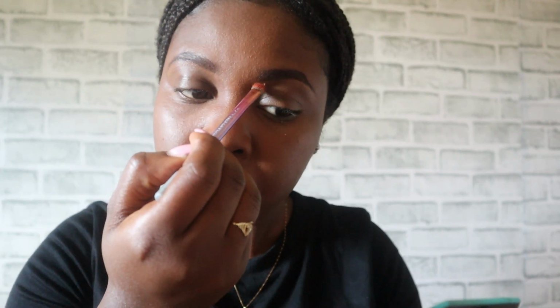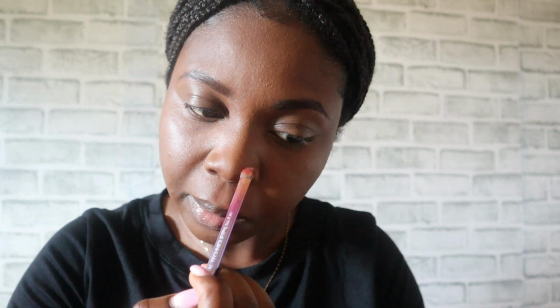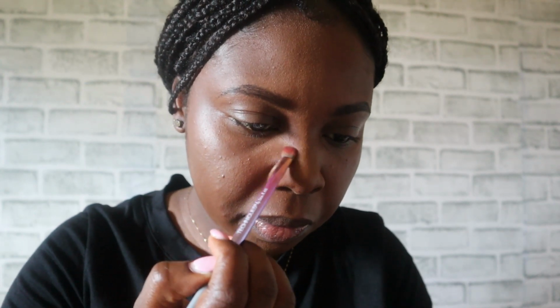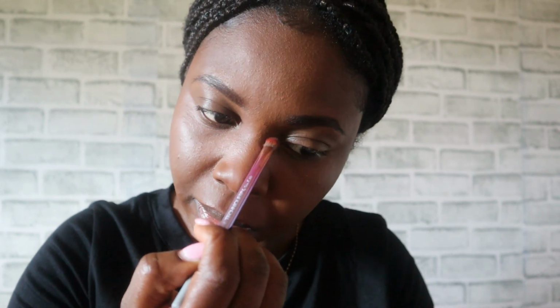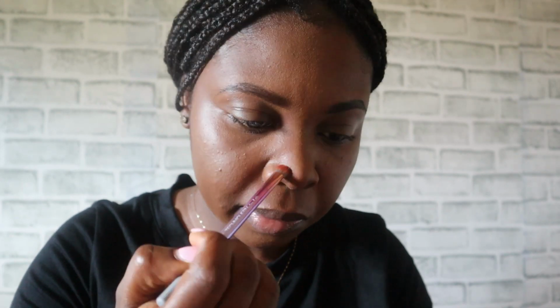And you can specifically leave it like that with a lighter shade, or you can go back in and just apply more product to have a darker effect. It all depends on how you want to do it. And the reason why I use a smaller brush is because it gives me more advantage in order to structure out my nose. And you just want to fade that all out by patting in, going in a circular motion,